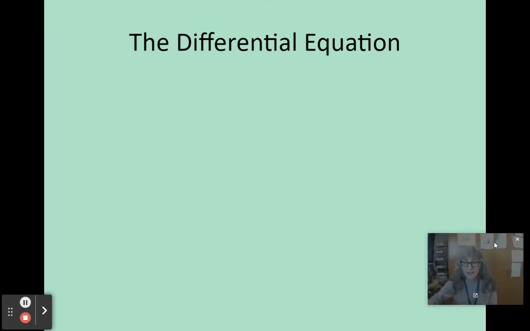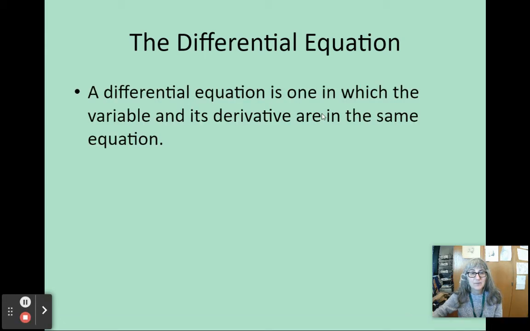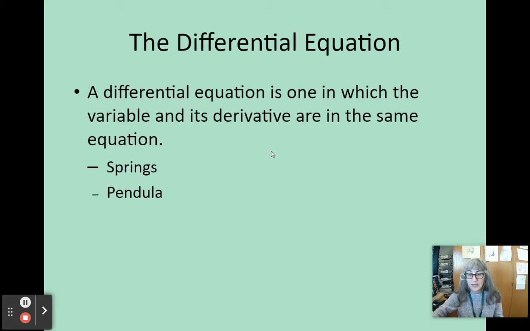Hey everybody, today we're going to talk about the differential equation, review a little bit about what we did with springs and pendulums, and then also talk about drag, which we didn't talk about last fall. So differential equations are equations where the variable and the derivative are in the same equation. So we have springs that we did, we have pendula that we did, and then we're going to talk about